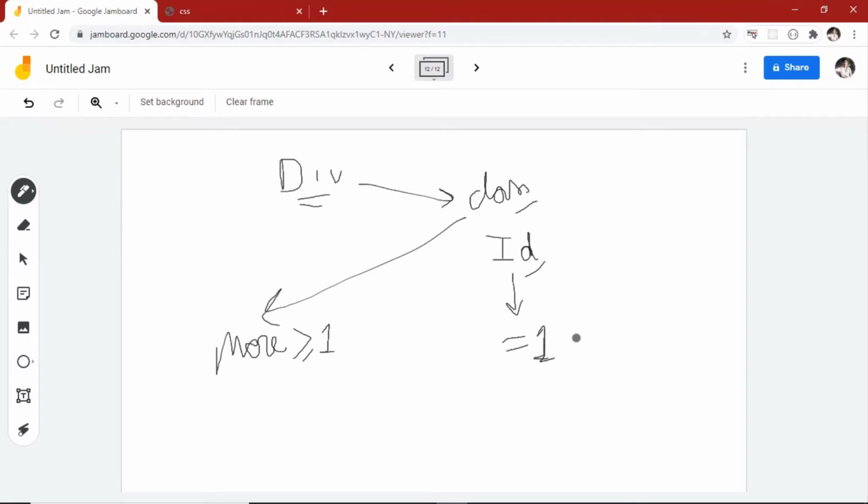Always one. So if you create an id of a given name, you cannot create another id with the same name again, but you can create similar classes again and again.